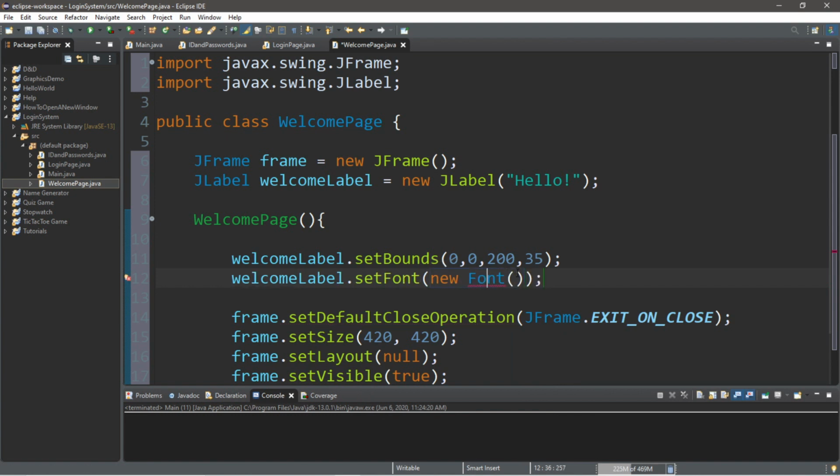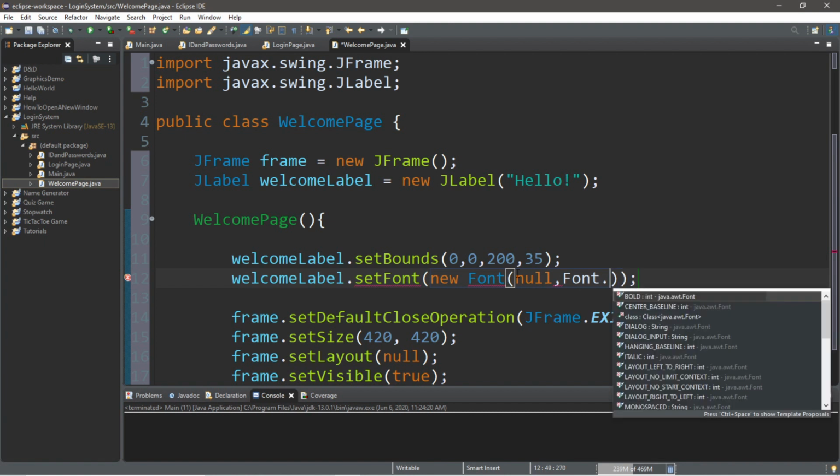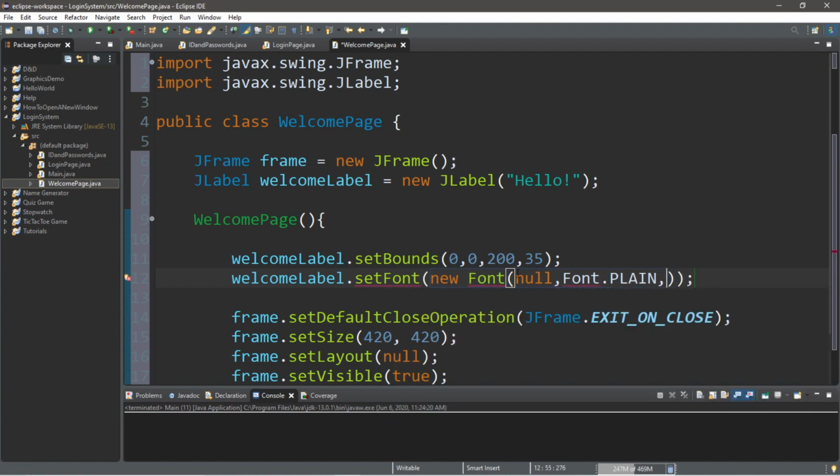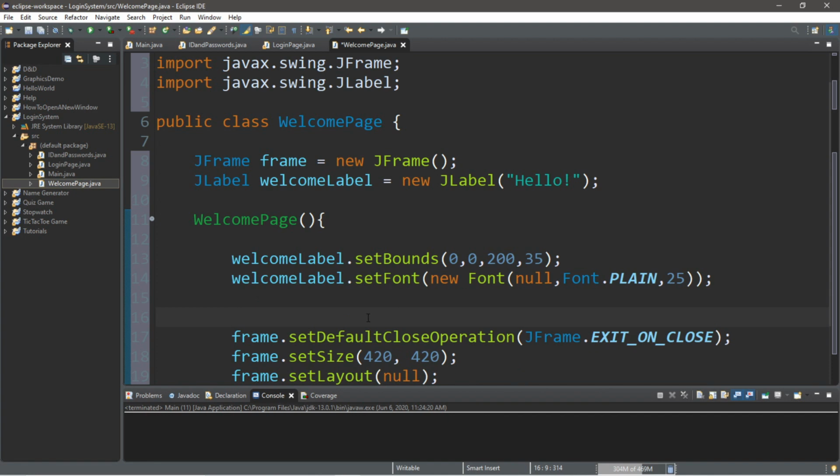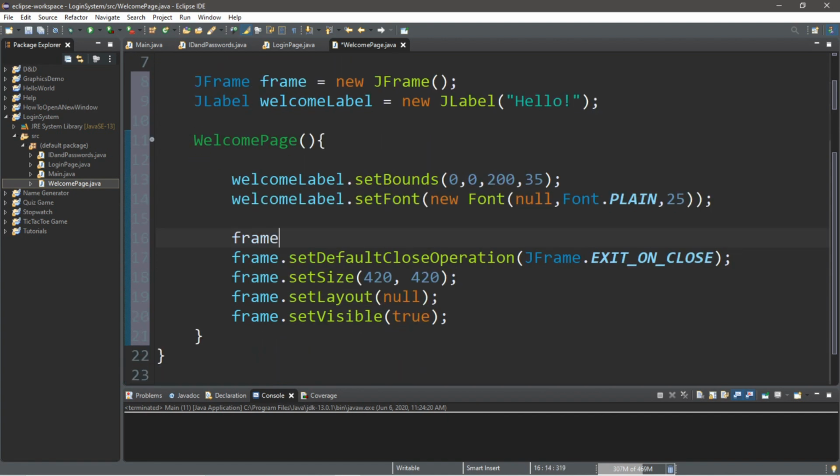But let me fix that. I'll put in null for the first field because I don't care for a font style. Maybe we'll have this be plain, and then a font size of 25. Then we need to import this font and then add this welcome label to our frame. So frame dot add welcomeLabel. Okay, this should work then.